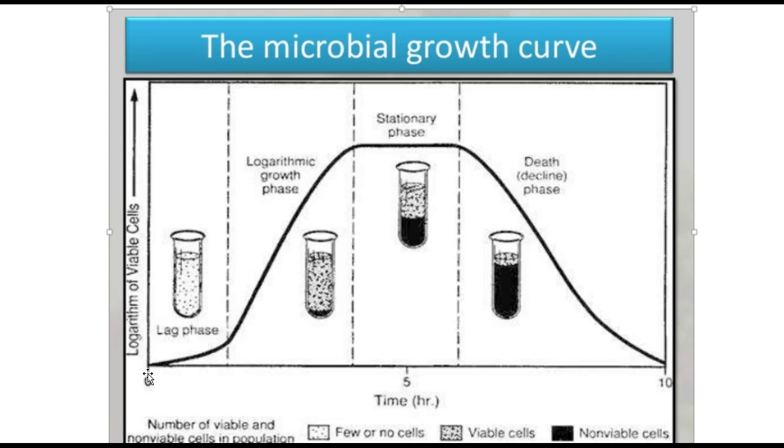And what's going to happen is they're going to not really reproduce that much the first hour or two. What they're doing is they're going to be kind of sensing whether or not this environment is hospitable for them to divide. There's going to be certain kinds of food sources that are going to diffuse into the cell, certain amounts of water. Water is very important for life, so clearly this cell needs a lot of water to grow,